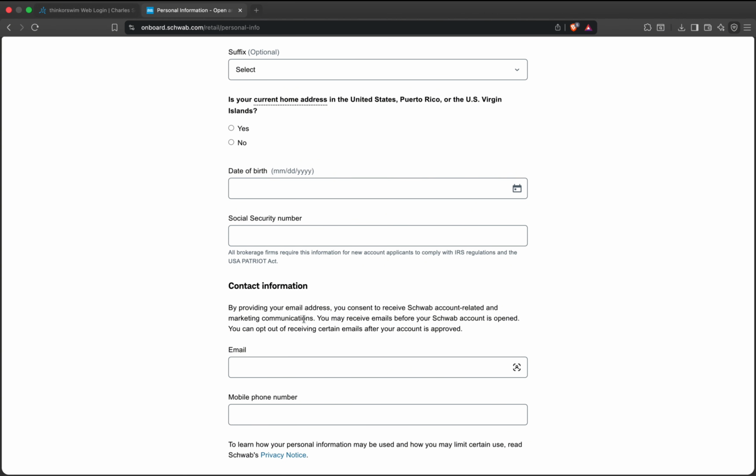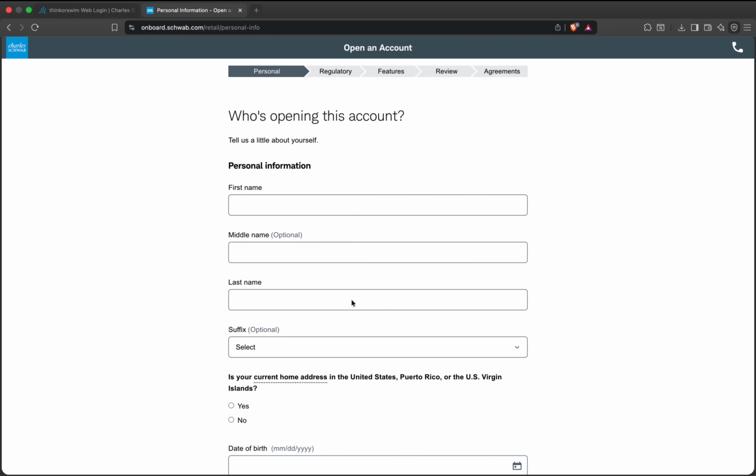After entering your personal information, create your Schwab login credentials. Choose a secure login ID and password that you'll remember, but avoid using information that would be easy for someone else to guess. You'll then be asked to provide information about your employment, income, financial situation, investment objectives, and trading